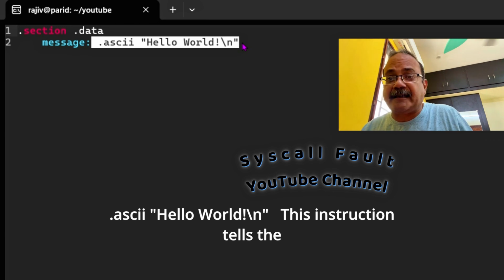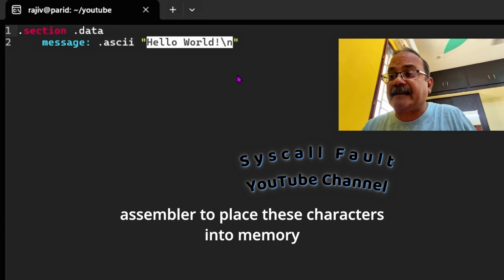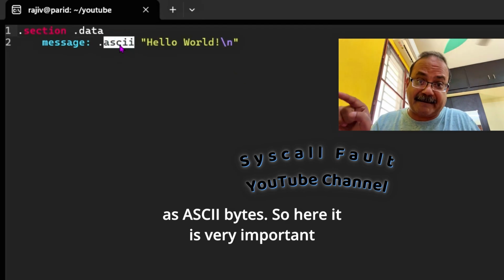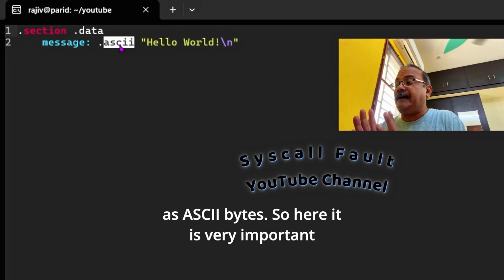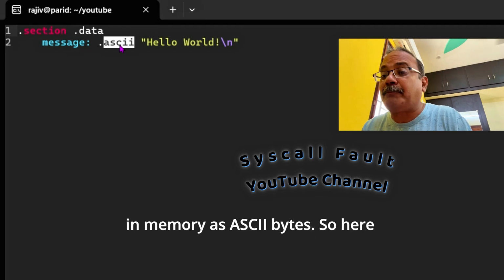This instruction tells the assembler to place these characters into memory as ASCII bytes. It is very important to note that we are placing these characters in memory as ASCII bytes.